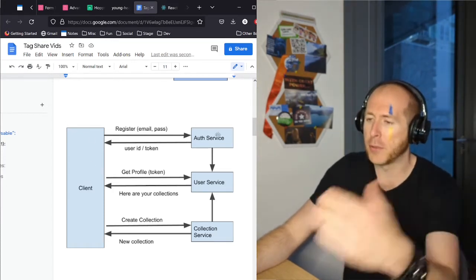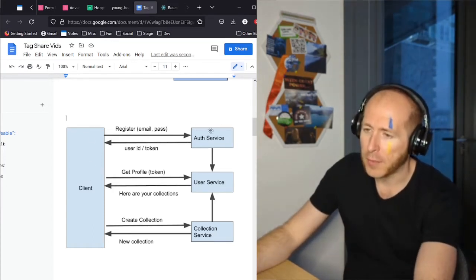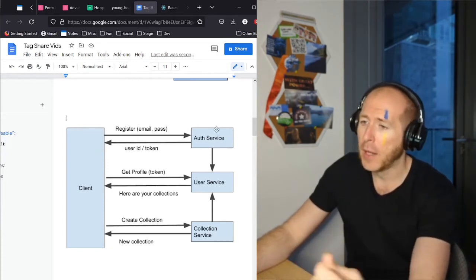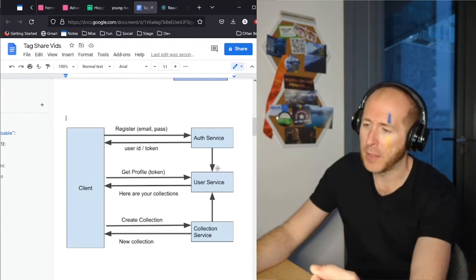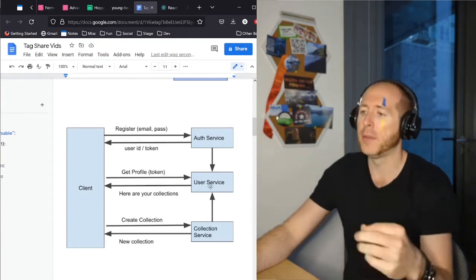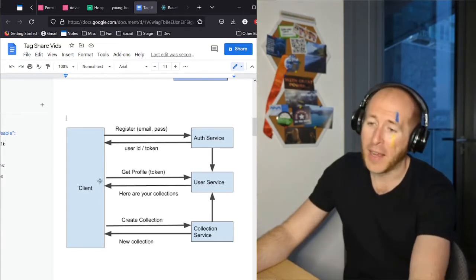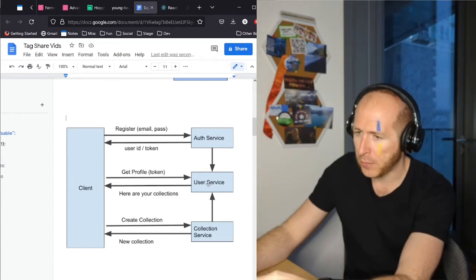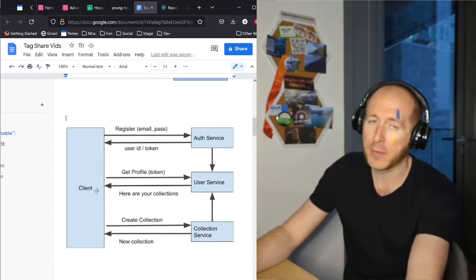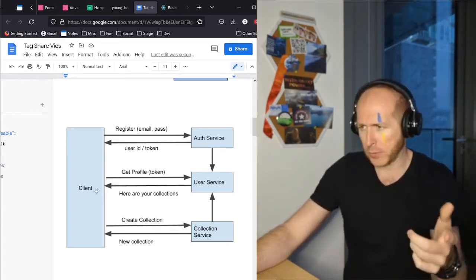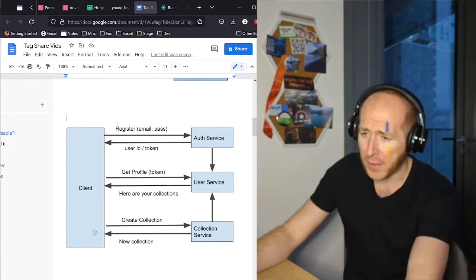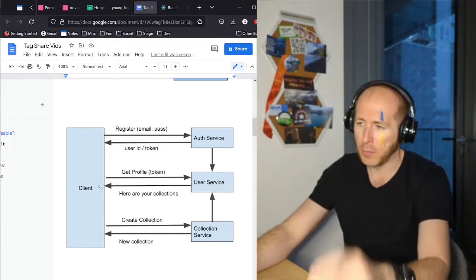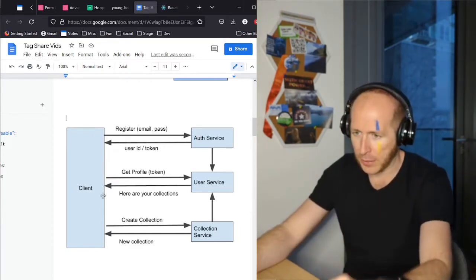He's going to send a register request to the auth service. The auth service sends back his new user ID and the token. The auth service also publishes an event, which the user service uses to create a user. I now need to add for the client to then do a get profile to the user service, which is then going to return a list of the user's collections, which to start with will be empty. But then with every subsequent login, that get profile will have the actual collections,